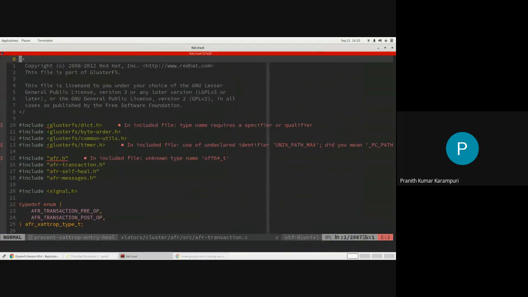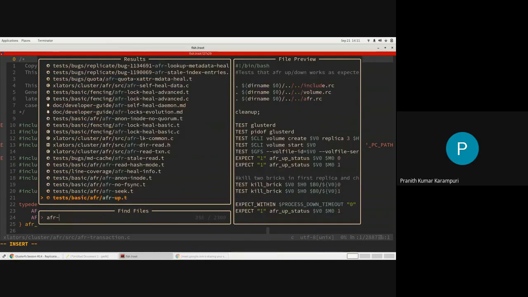This is a transaction framework that can be used by any operation. What we will do first is look at how something like a truncate operation would use this transaction framework, and then we will dive into what the actual transaction is doing.